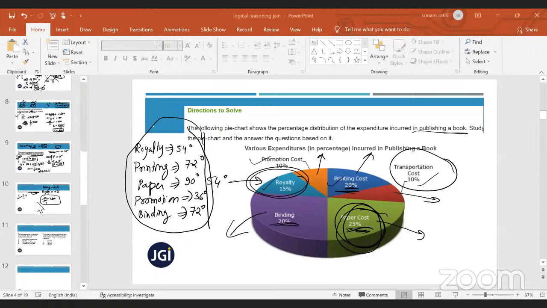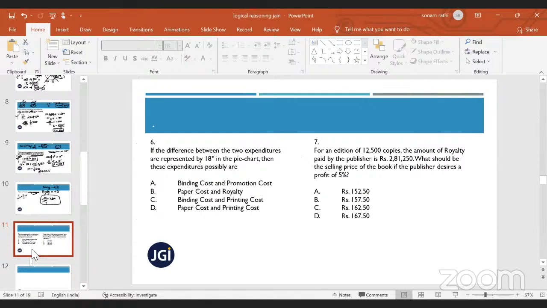Now let's go back to the question. The question is saying the difference between two should be 18. Now check. Difference between binding and promotion, paper cost and royalty difference. Check the difference. So what is the paper cost? Paper cost is